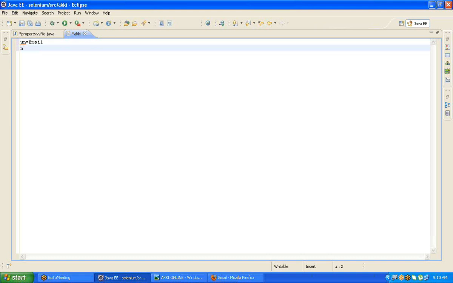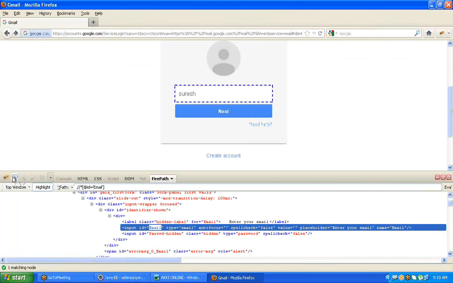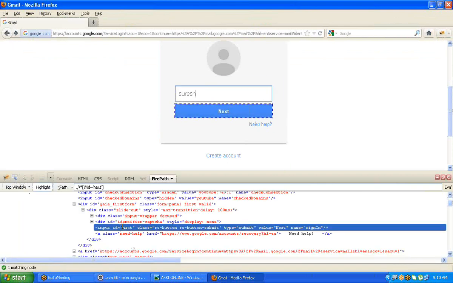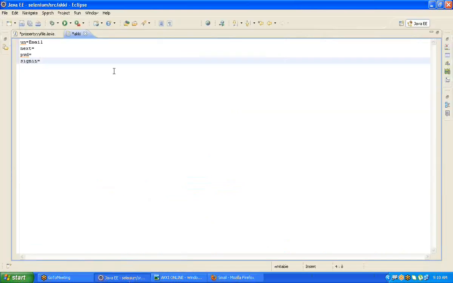And we need to get the next button property. Next equal to next, password equal to pwd, signin equal to sign in. Yes, and we need to get the next button ID property. The next button ID property is next only. Just copy and paste here.